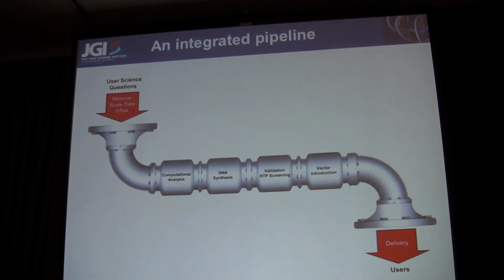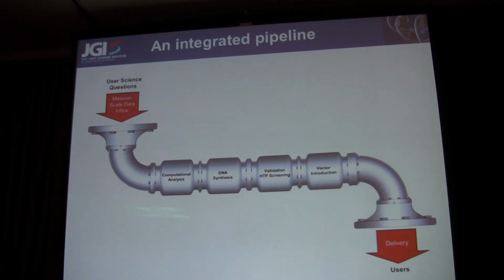So our grand vision for this is to have everything as a pretty well integrated pipeline where our users come to us with interesting biological questions. These questions get addressed at JGI mostly through sequencing. So it's not only genomic sequence, it can be transcriptomics, it can be ChIP-seq, it can be the results of transposon bombings. This data needs to be analyzed through multiple levels of computational analysis, be it assembly, annotation, functional predictions,